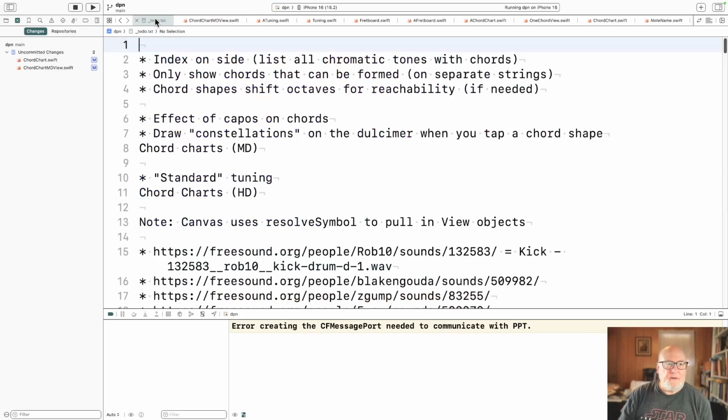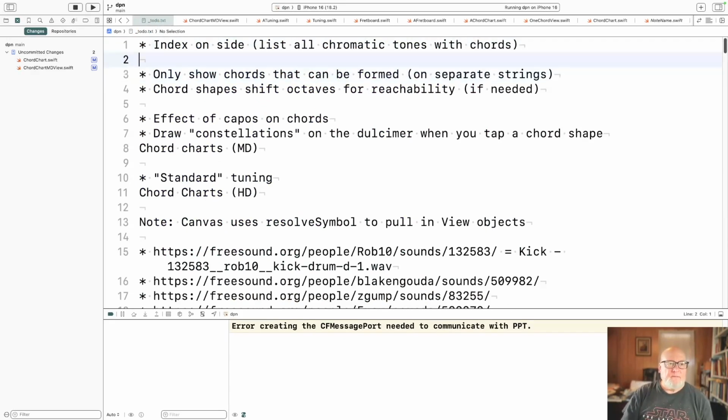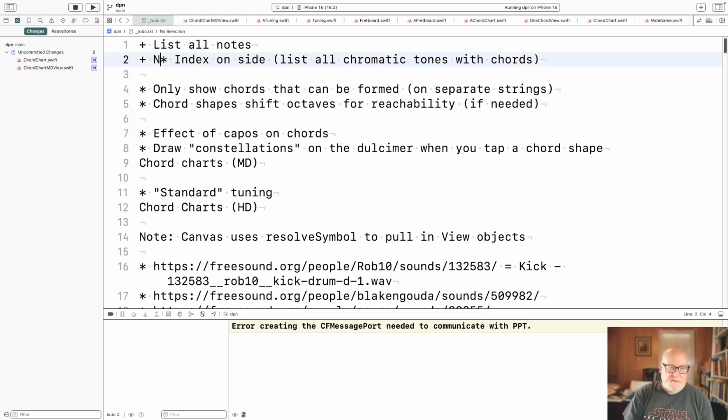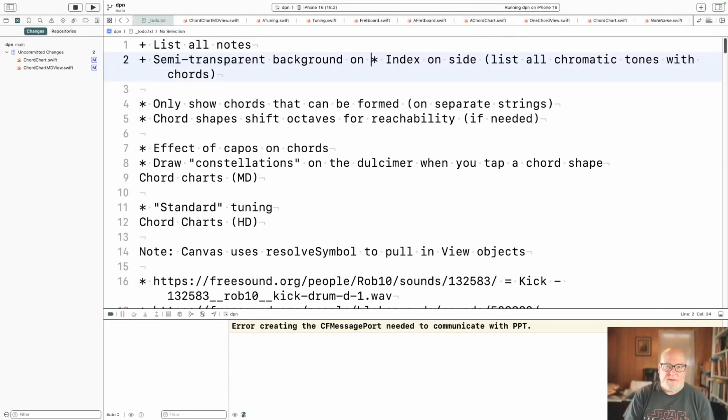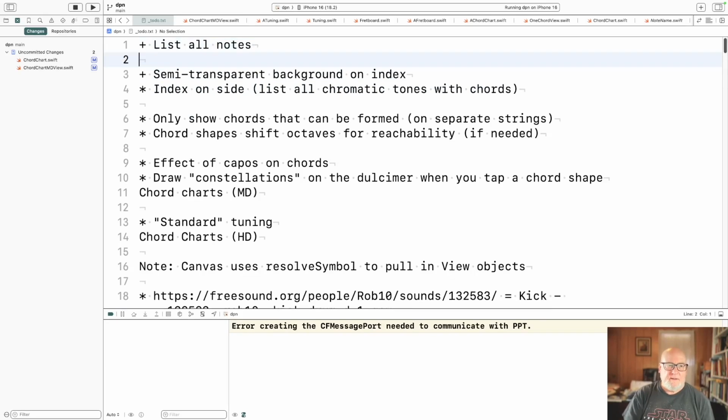All right, well, let's work on the index. We're gonna make it list all notes. Semi-transparent background on index. Add IDs to